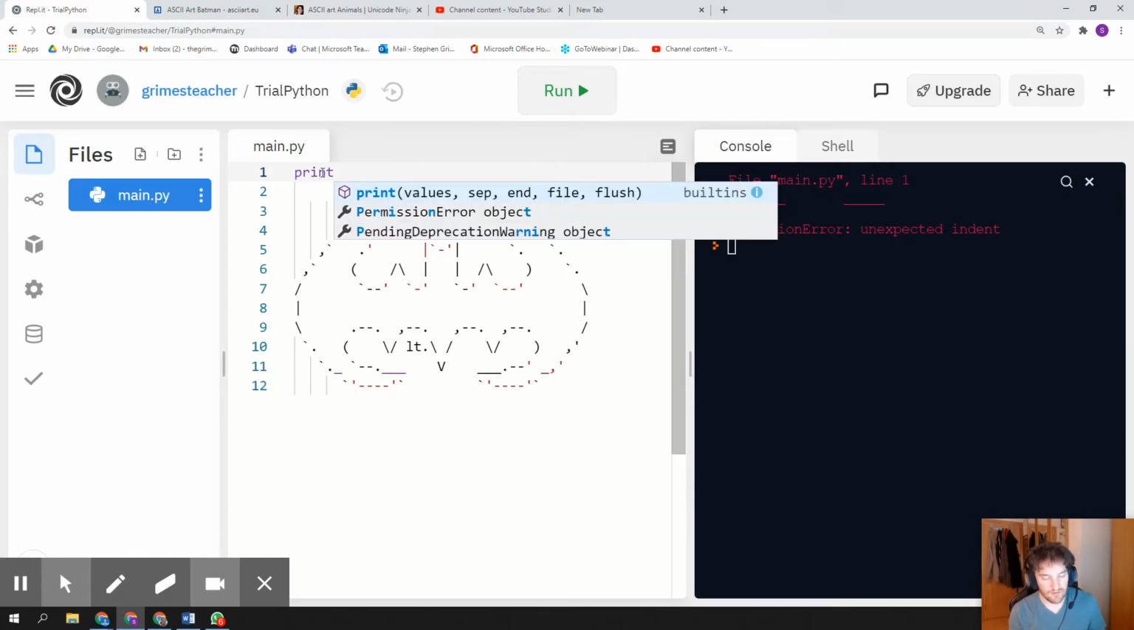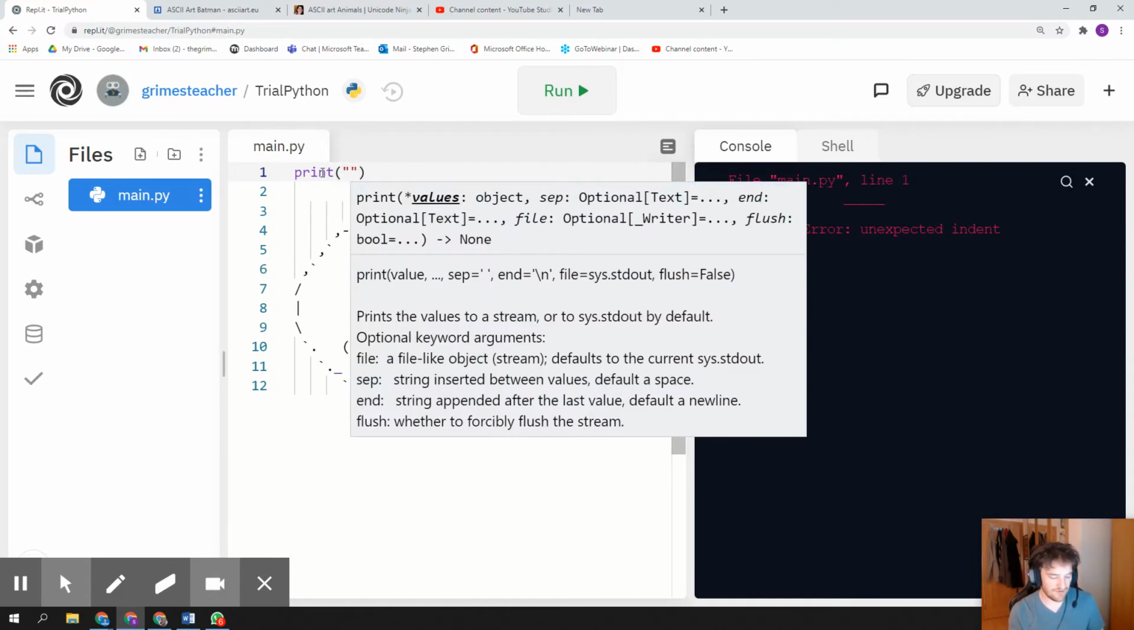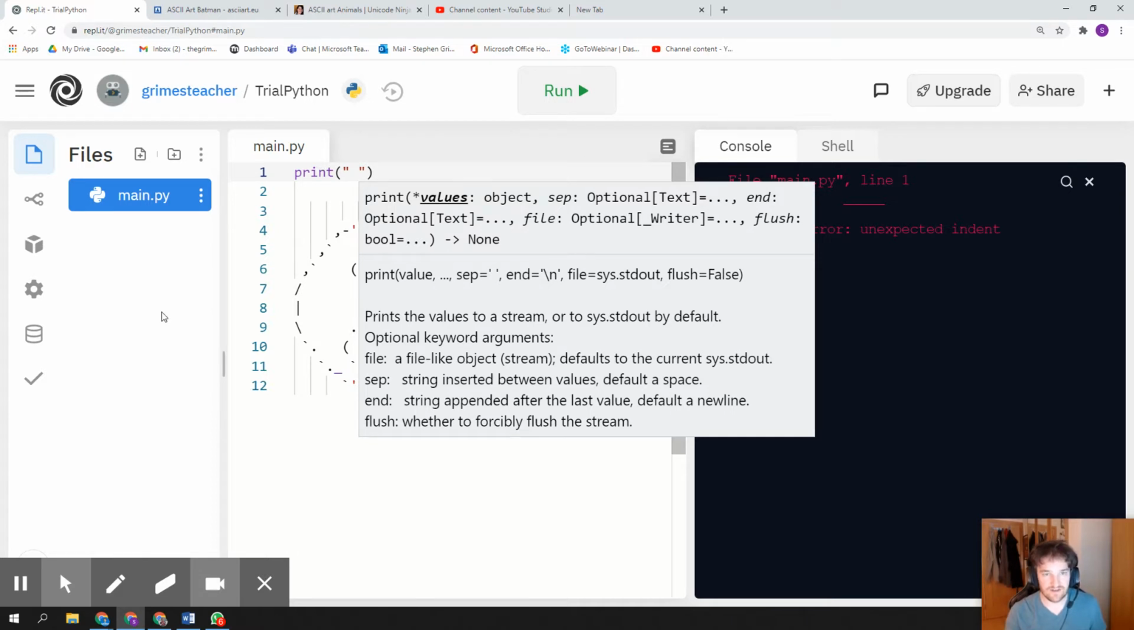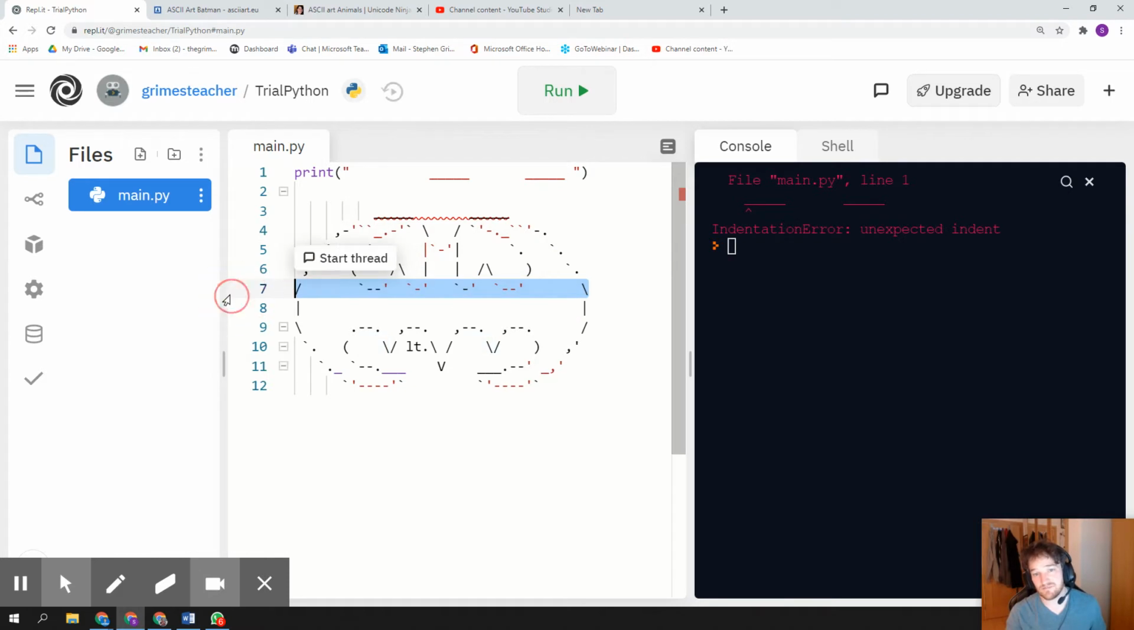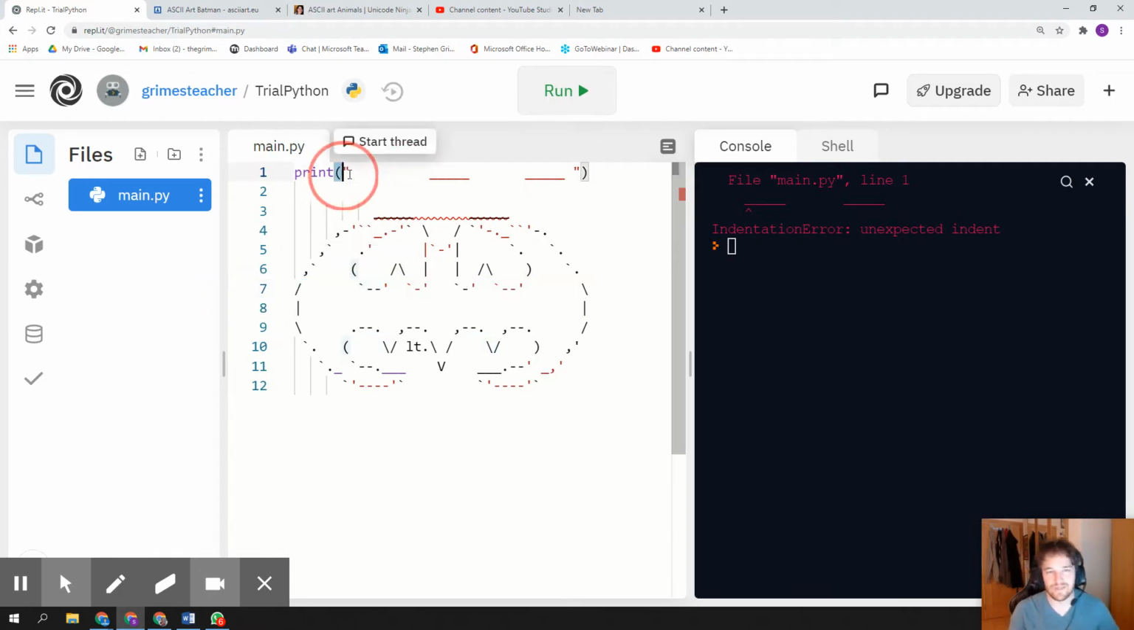Now, normally when we print something, we have to print every line separately. So I'd have to say print, this very first line of the Batman thing. So I'd copy that and paste it in here. And then I'd have to do the second line, and the third line. And you can see as you get bigger, it just becomes too much hassle. So we're going to do a shortcut. I'm going to say print,